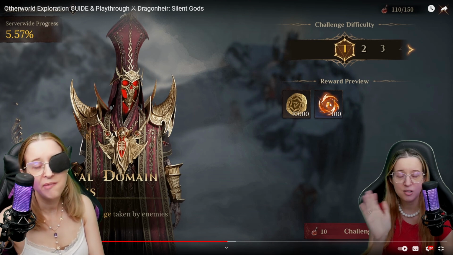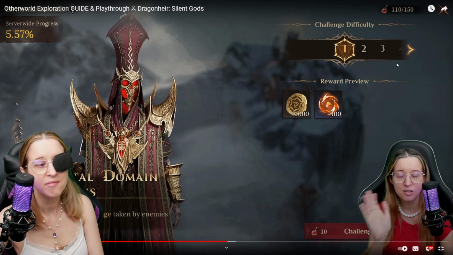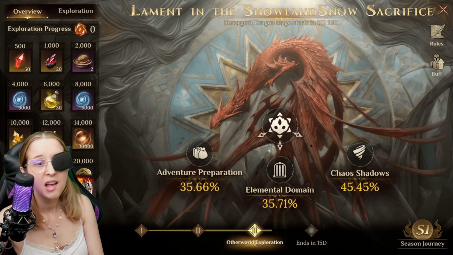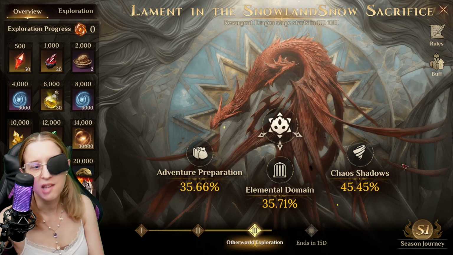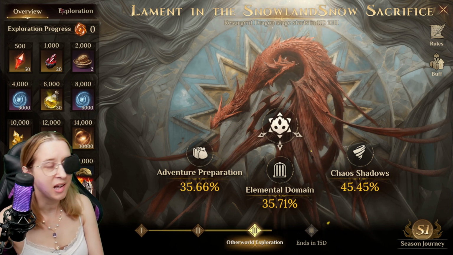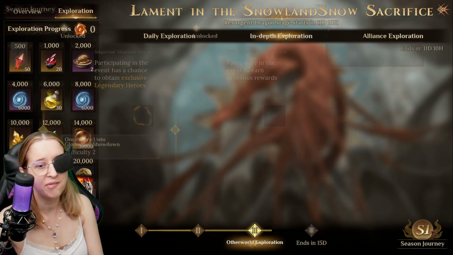But the fact of getting lower exploration currency on level 1, on level 2, on level 3, on level 4, whatever, compared to doing the Chaos Shadow boss fights, it actually just makes doing the Chaos Shadow boss fights more worth it than trying to do the normal dailies. I know that sounds sad, but it is what it is. It's just the way it is, unfortunately. It could be a little bit fixed, but